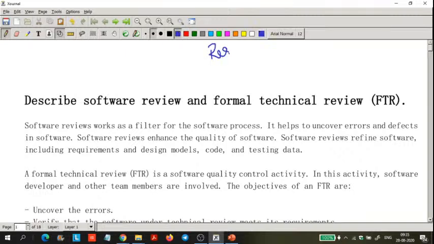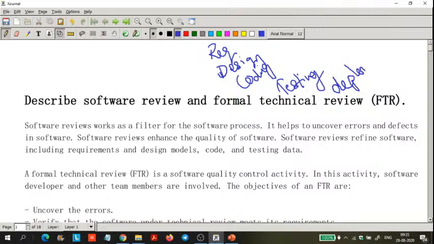First one is the requirement phase, then design phase, then coding, testing, and deployment and maintenance. Okay, so these are the waterfall model's different phases: requirement, design, coding, testing, deployment and maintenance, and each phase